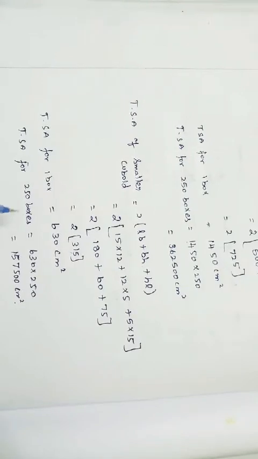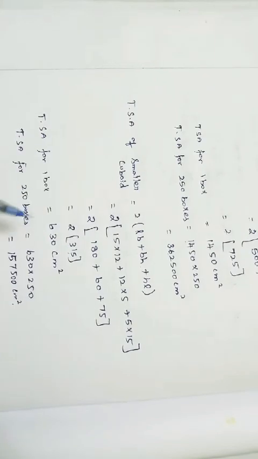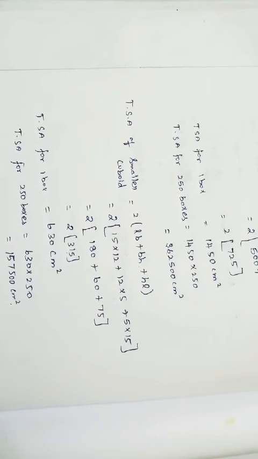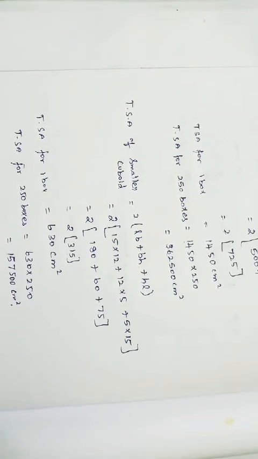Now we are going to find the total surface area of each kind. I am just going to add these two areas and I will get the total area. After finding the total area, we want to find the 5%, because we need 5% extra for the overlap. After finding 5% of the total surface area, we add it to this total. Then only that is the required area for 250 boxes of each kind. Then we multiply with the cost.